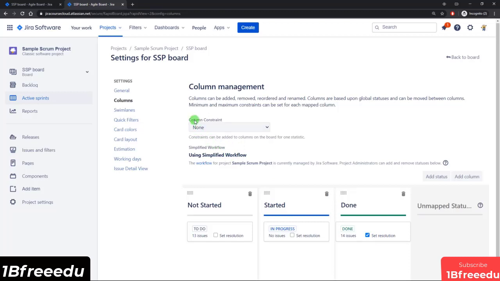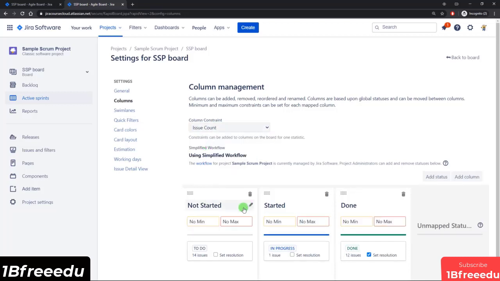Now if I come back here to the top, you have the column constraint feature as well. So similar to a Kanban board, you can specify column constraints in a Scrum board. So if I were to select issue count, you will see that these no min and no max boxes appeared for each of the columns. So for example, if I were to come in for the not started column and say that the maximum is